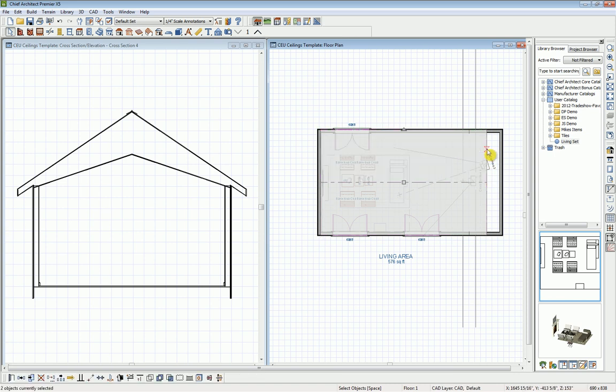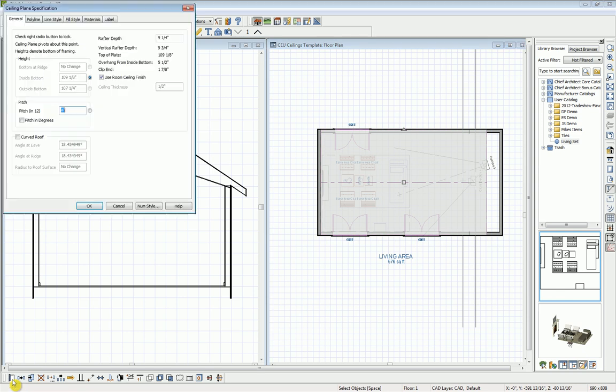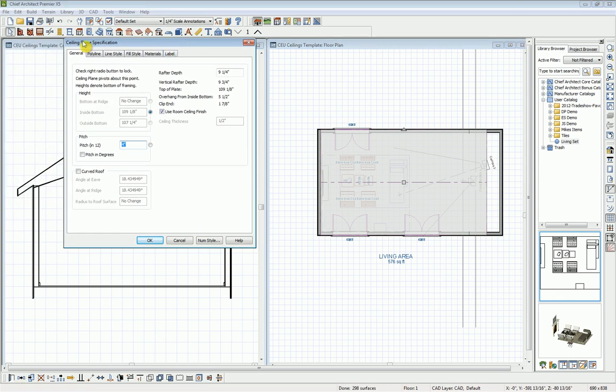I'm going to group select them by holding the Shift or Control key down, and we're going to go to the bottom where our edit tools are and click to open that. And this is the specification for our ceiling planes that we have selected. I'm going to lower the pitch slightly to a 3 and 12, and we're going to specify a curve for